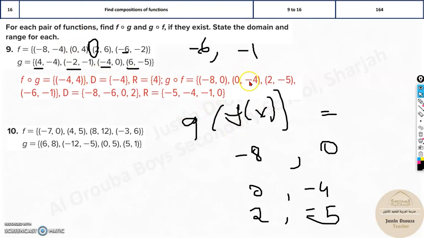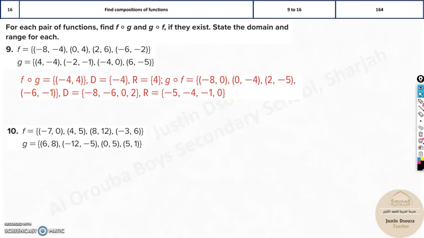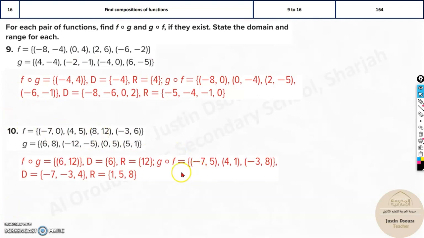Even without the table, you can do it. The table was mainly done for understanding. This is how we solve this type of problems. This is mainly when the coordinates are given. I hope you're clear with this. The domain means the x values, the range means the y values, but very important thing. If it is function